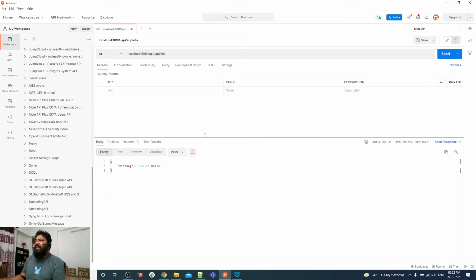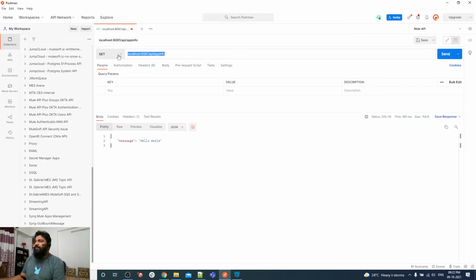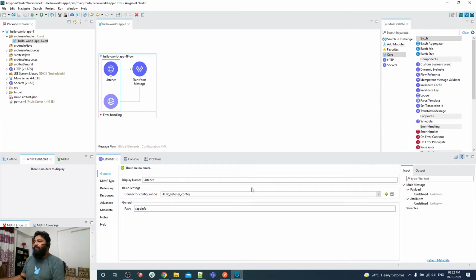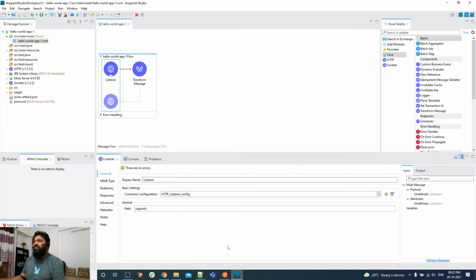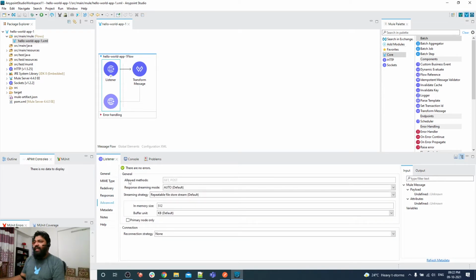As you can see, I have sent a request and got the response, because that response is written by my API. You might be thinking about the method. As of now, we have not configured any allowed method on this listener, so it will accept all methods.